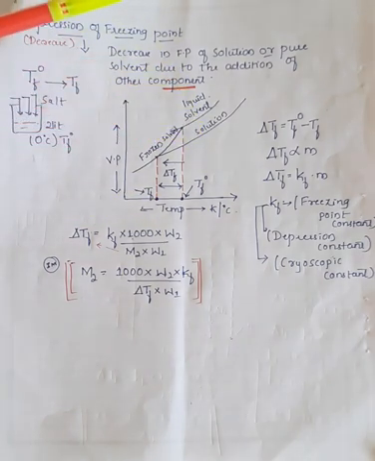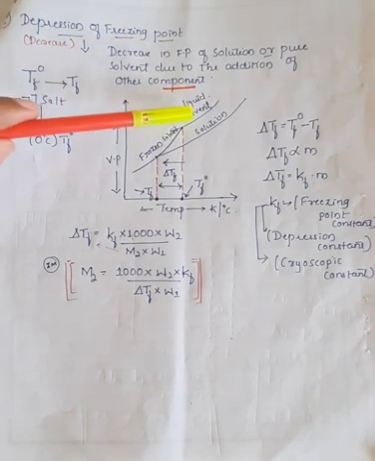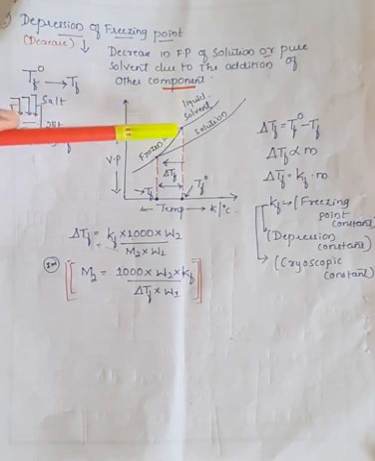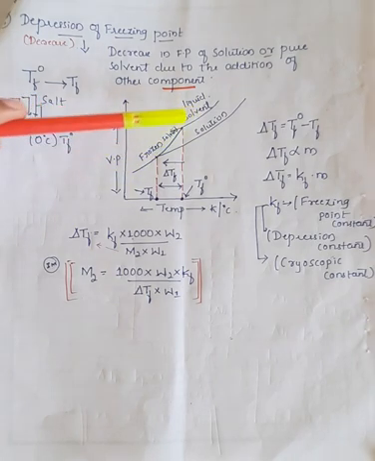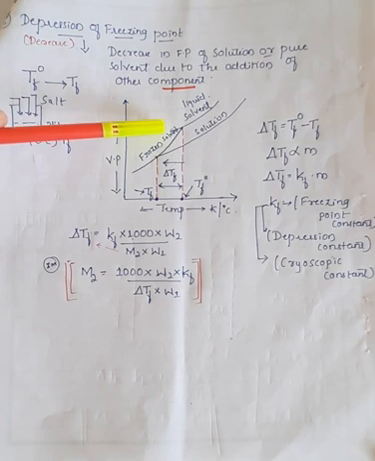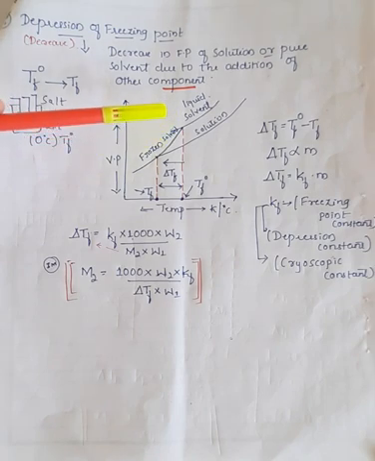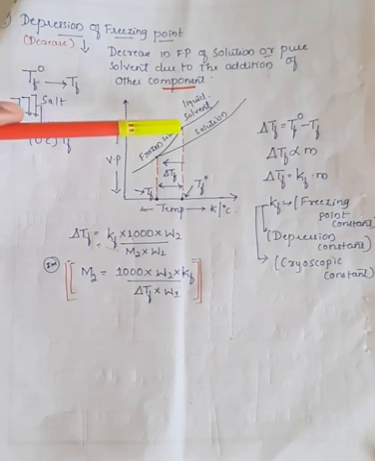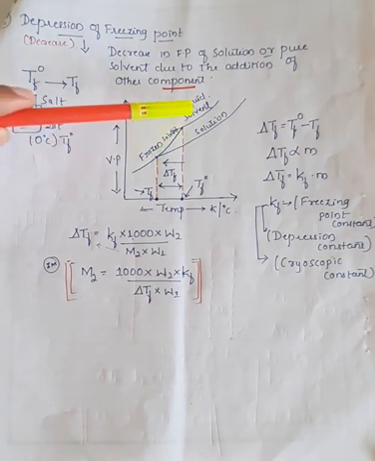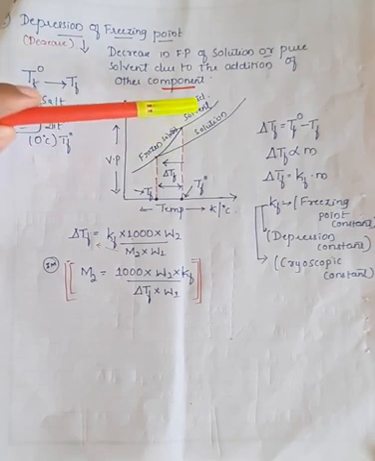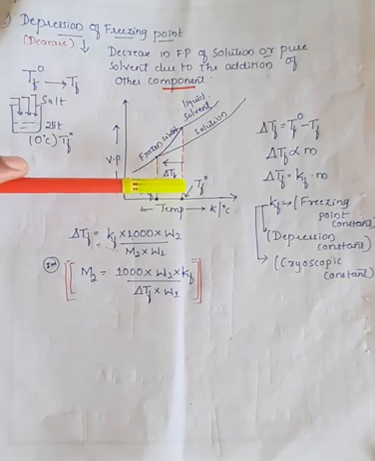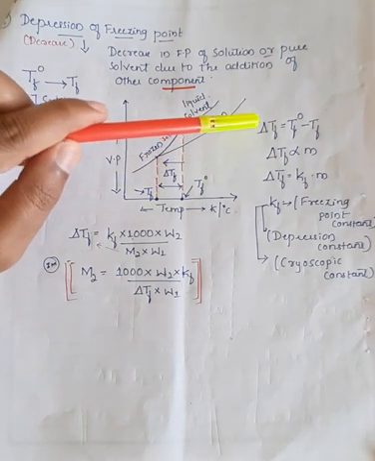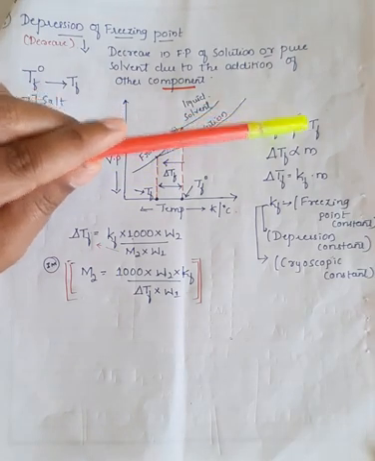As we have seen in case of elevation in boiling point, same thing. Whenever these two mix, solute and solution, there is a curve which can be observed here, and this is called as a frozen solid, which means it is converting into ice. The liquid is converting into ice, right? So this is the point where the frozen solvent is present, and this is the reduced value. Initially it was TF naught, it has converted into TF. Therefore delta TF is equal to TF naught minus TF.